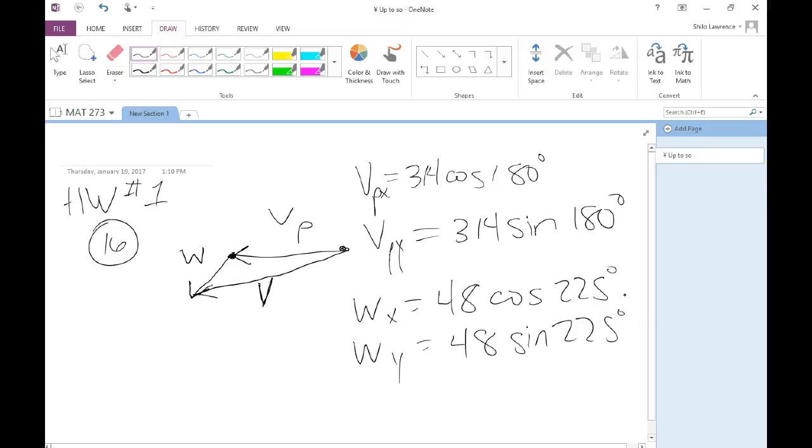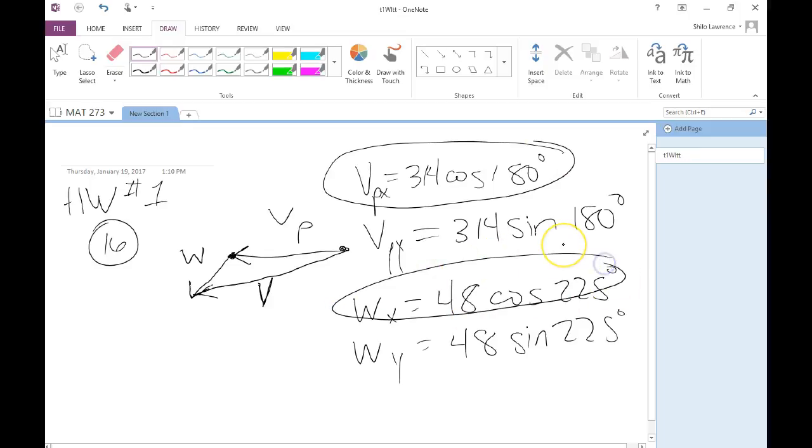So we can add those x components together. We could add the y components together. So I like to plug these straight into the calculator just like that. That way it doesn't do any extra rounding. So I'm just going to ask the calculator, what is 314 cosine of 180 plus 48 cosine of 225? And then go back and change them to sines. This is going to give us components for our answer, components for regular V,